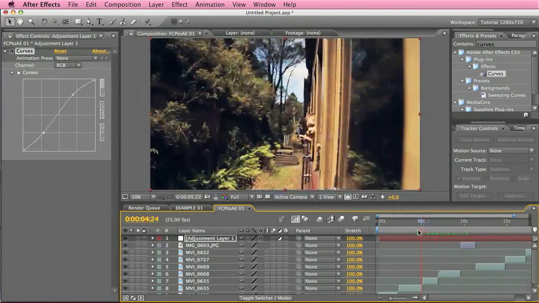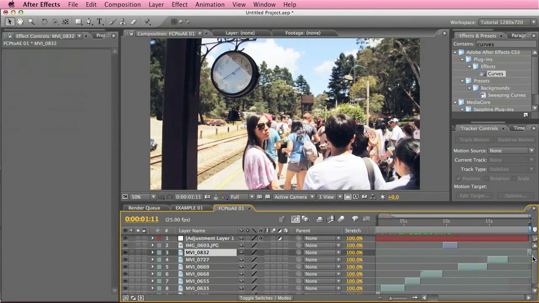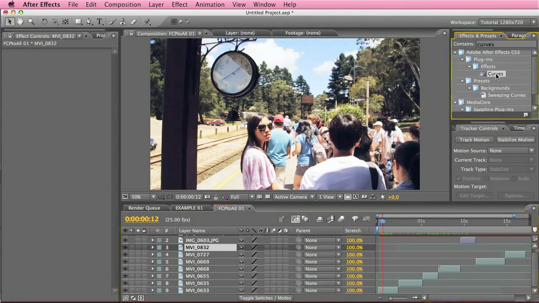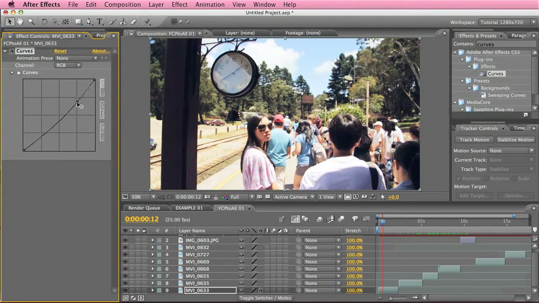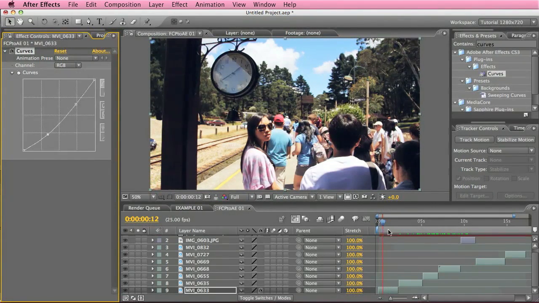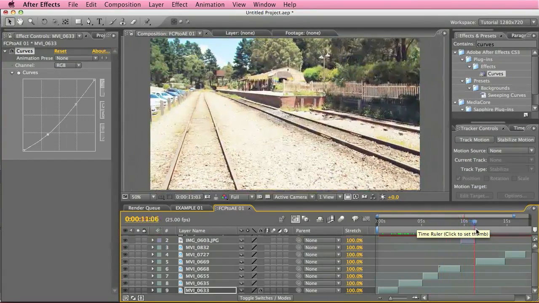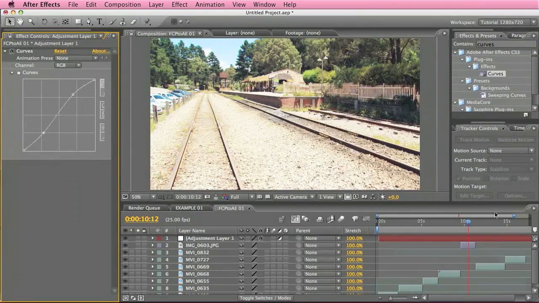So just say, for example, one of these shots is a little bit too bright. What's even great is that now that I've got the general color correction on top of it, I can go back into individual shots that have already been split up by FCP to a script, and we can just go through and change things on individual clips now. So that makes it really easy to split up those clips so that you can actually go through and individually change these segments.